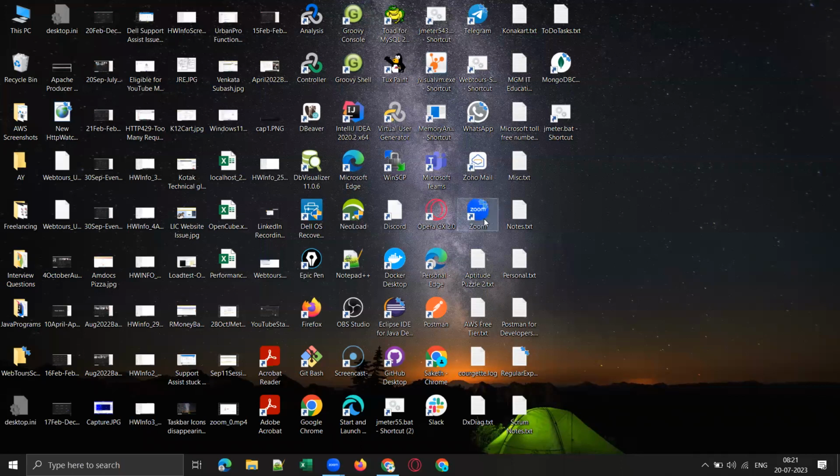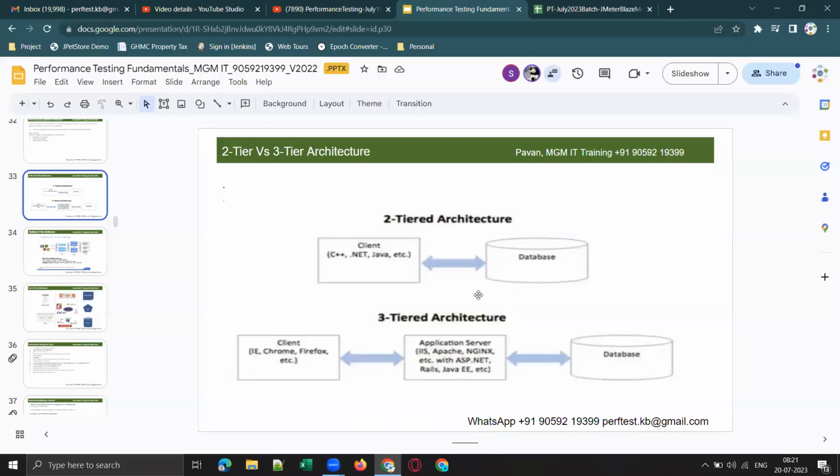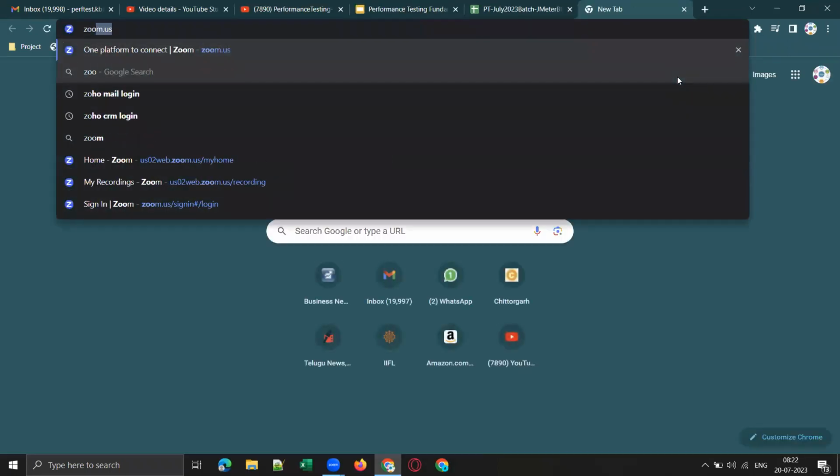So if you install a software on your system, on your desktop, that is called a desktop application, or that falls under this two-tier architecture. On the opposite side, suppose you are joining a Zoom meeting from a browser like this,